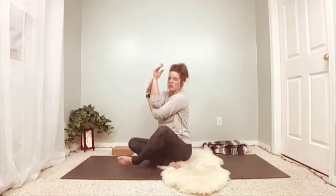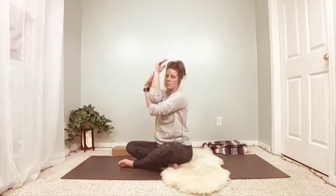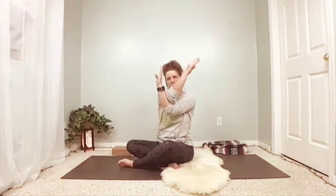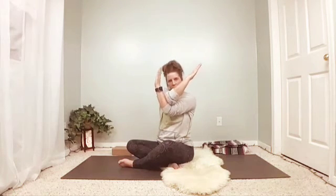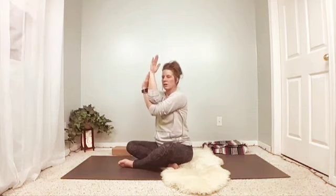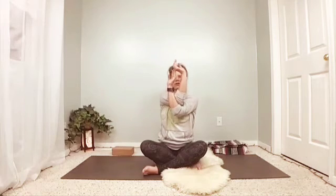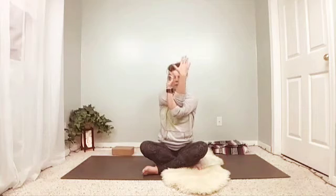But just always make sure, because these are eagle arms, that we're pressing the elbows away. So you're going to draw your arm bones into each other. They're strong and drawing into each other, and press them away and up. Other option, of course, is to hook a finger or whichever fingers work best for you. Or if you have the ability to draw the hands right around and press the fingers into the palm,